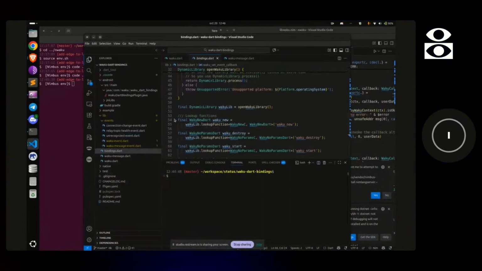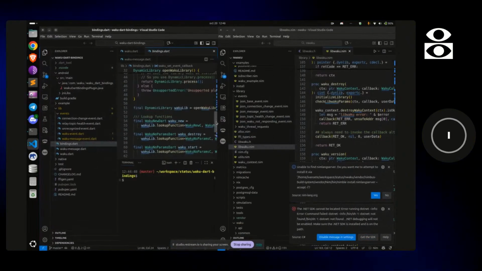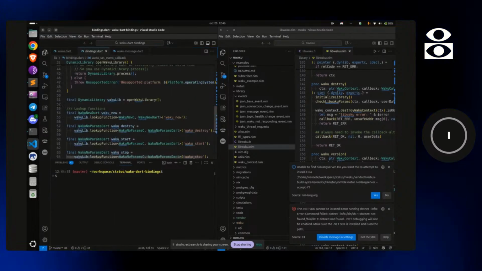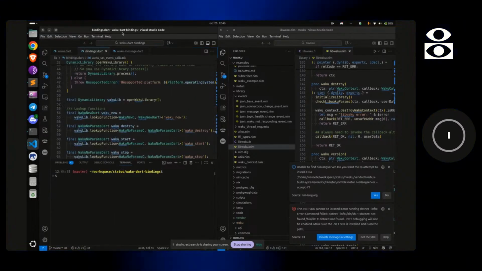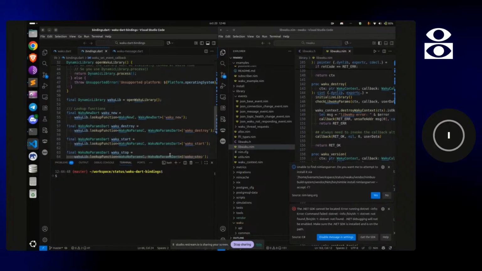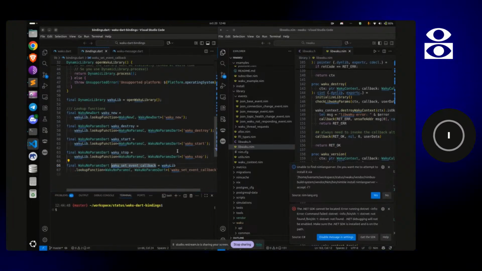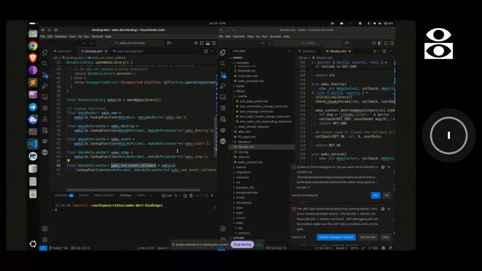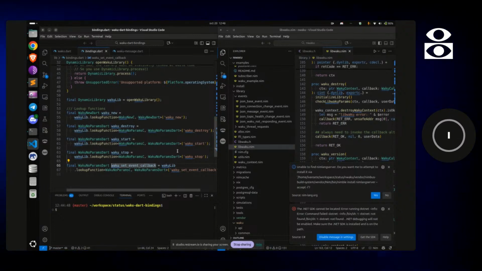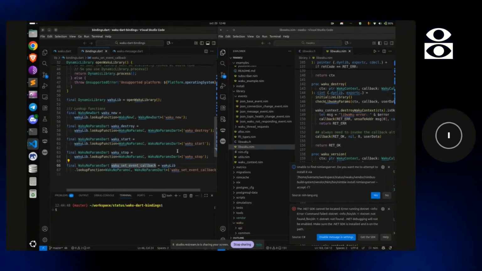If we look at how the bindings are implemented within the Waku Dart bindings, it is relatively straightforward compared to other bindings that we've implemented, for example for Rust or Golang.